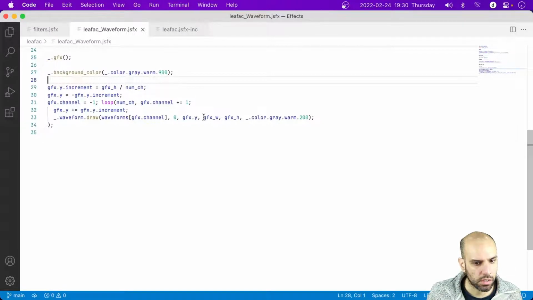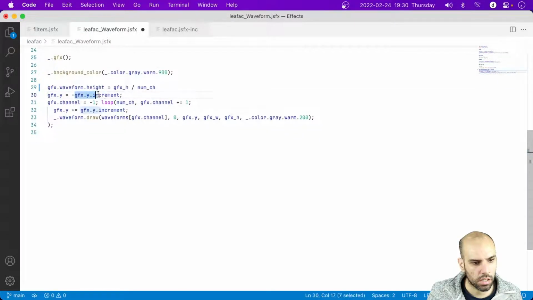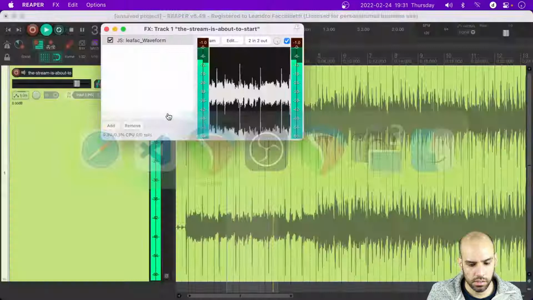Oh, hang on. This is not right. It shouldn't be the height of the whole thing. It should be the height of a channel. So GFX channel height, or even waveform height, is equal to that. And then that, and then that, and